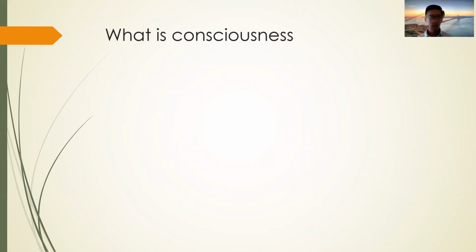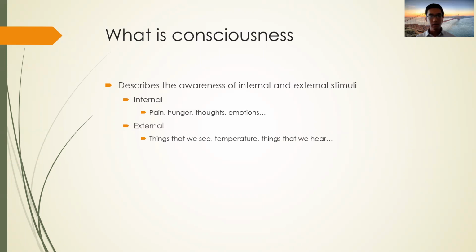So what is consciousness? When we talk about somebody being conscious, or not conscious, or unconscious, what are we talking about? Another related word is awareness. When we say we are aware, or somebody is aware of something, what are we talking about? The formal definition is that consciousness is a mental state, a state of mind, in which people are aware of a lot of stimuli.